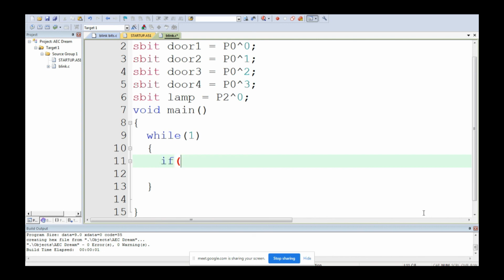If checking for door 1, if door1 equal to 0, and because it is logical AND, door1 equal to 0 and door2 equal to 0 and door3 equal to 0 and door4 equal to 0.